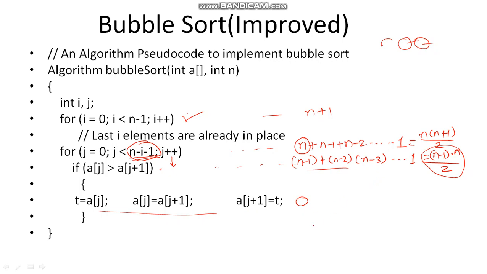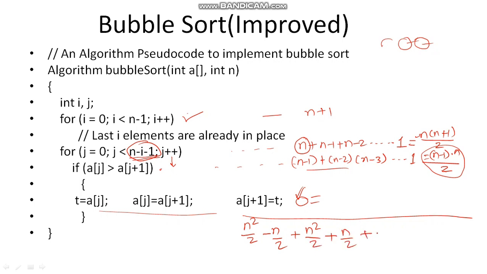So what will be the complexity of this particular algorithm? The modified bubble sort algorithm. I say that it is the improved bubble sort algorithm. Let me write it here: it is n square by 2 minus n by 2, expanding this. In the best case I am considering this as 0; whenever necessary, in the worst case I will consider this appropriately. Then it is plus n square by 2 plus n by 2 plus n plus 1. This is for n plus 1.